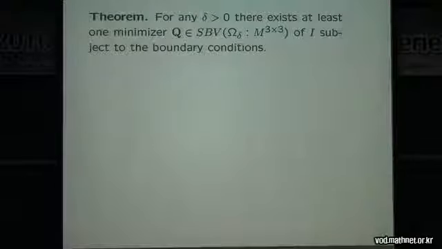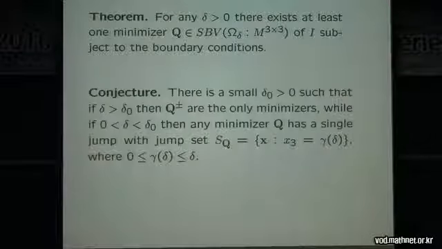The problem has a minimizer for any delta, and we believe that there's a critical delta, so that if delta is bigger than this delta 0, then those solutions are the only minimizers, whereas if delta is less than delta 0, then any minimizer has a single jump with a jump set which is located at some value of x3, which actually can be arbitrary. In fact, according to this model, we think. Okay,